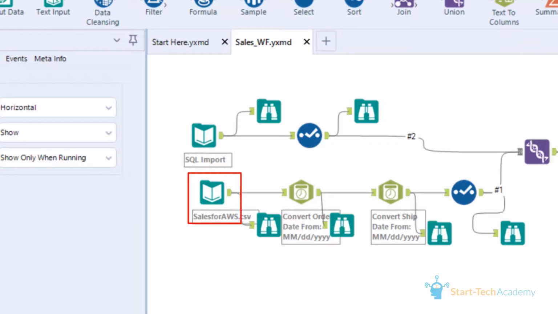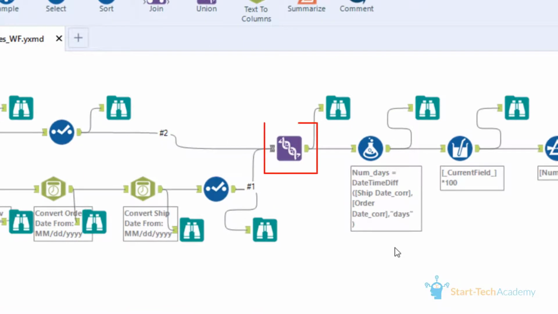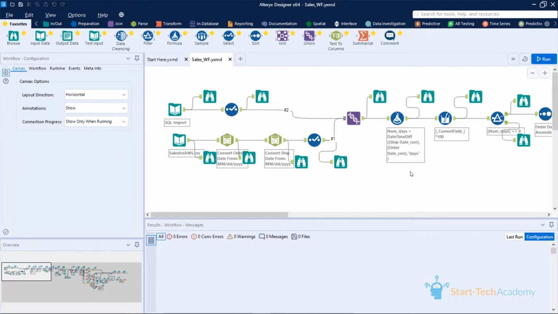This tool is reading the data from a CSV file which is put on cloud storage. This tool here combines these two streams, and in this way, for each individual task, we use a tool of Alteryx to do that task. Now, corresponding to the entire process, we create this entire workflow in Alteryx.